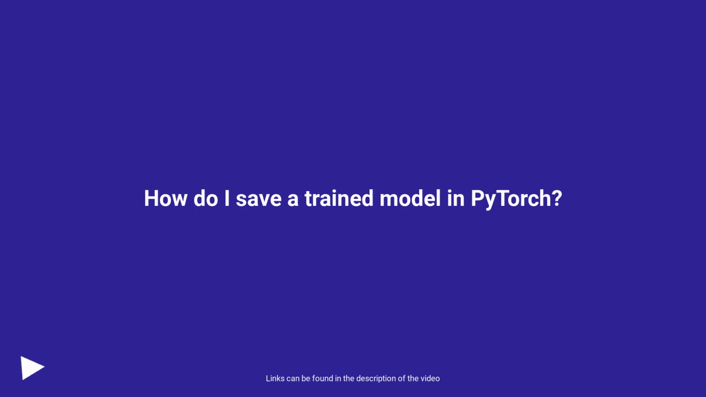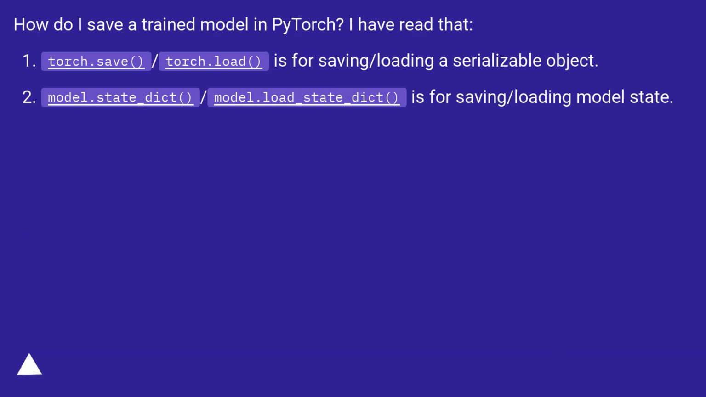How do I save a trained model in PyTorch? I have read that